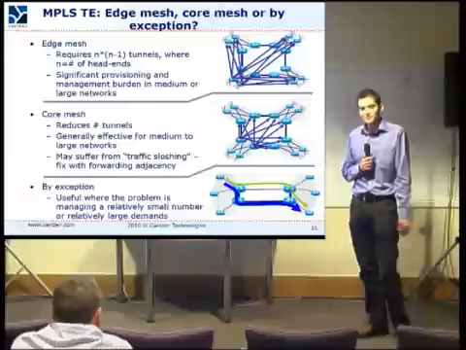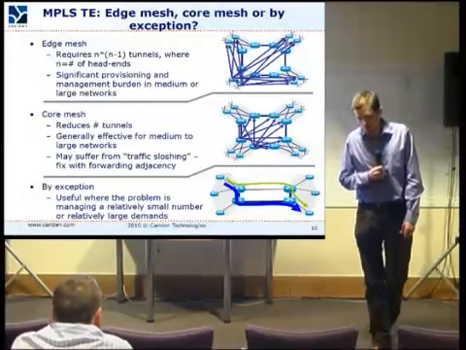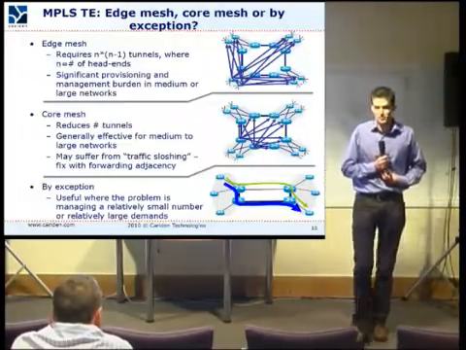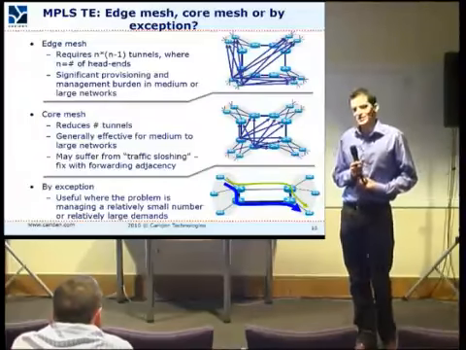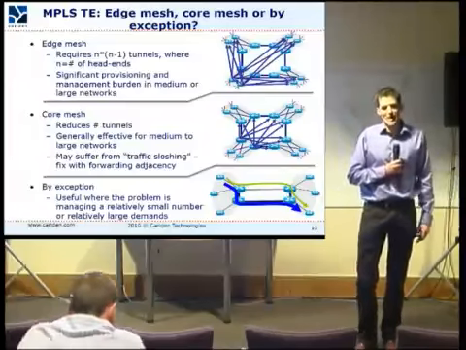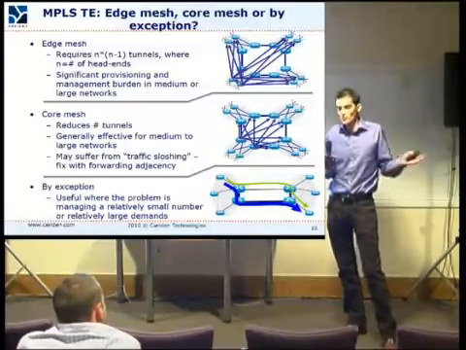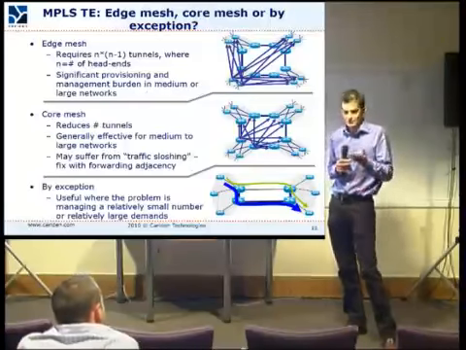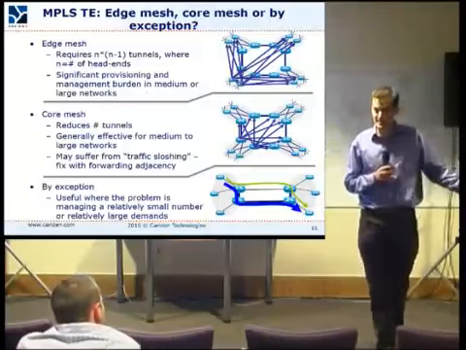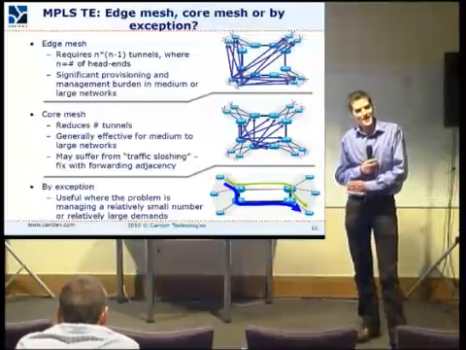Clearly reduces the number of tunnels. Does suffer its own problems in that with traffic engineering, as it's deployed in most deployments, the traffic engineered tunnels aren't advertised as links into the IGP. So what happens is, a packet gets to a head end just using normal IGP routing, and then on the head end you're saying, rather than using a default path, stick this packet in that tunnel. A consequence of that is that if you have a failure and tunnels shift around the network, you may